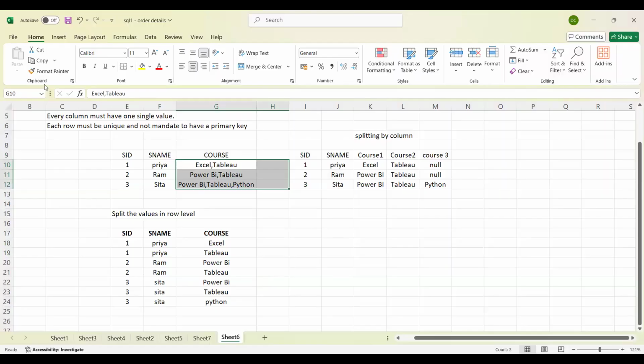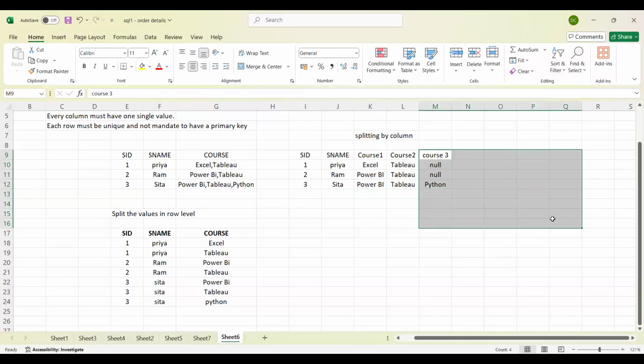To satisfy that rule, there are two ways. I can split that data by column. If I split the data by column, I will get it like this. I need to split it column-wise. In course 1, I need to keep the first values. In course 2, I need to keep the second values, like that. If I have 3, 4, 5 values, I need to keep on adding new columns here. But again, as I said, if I have 4 here,